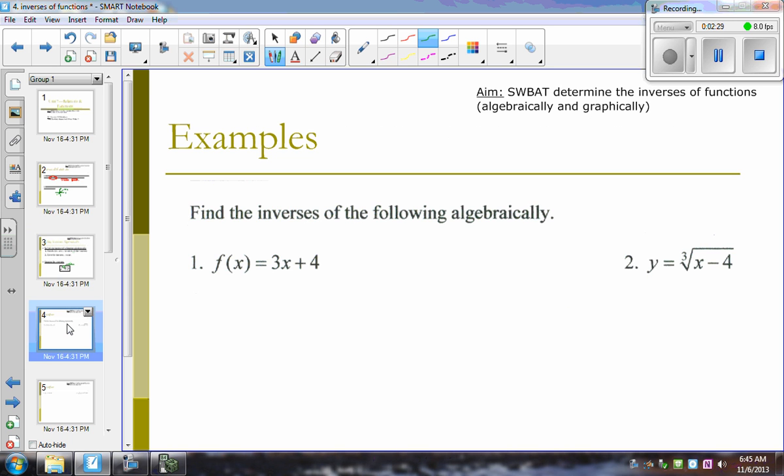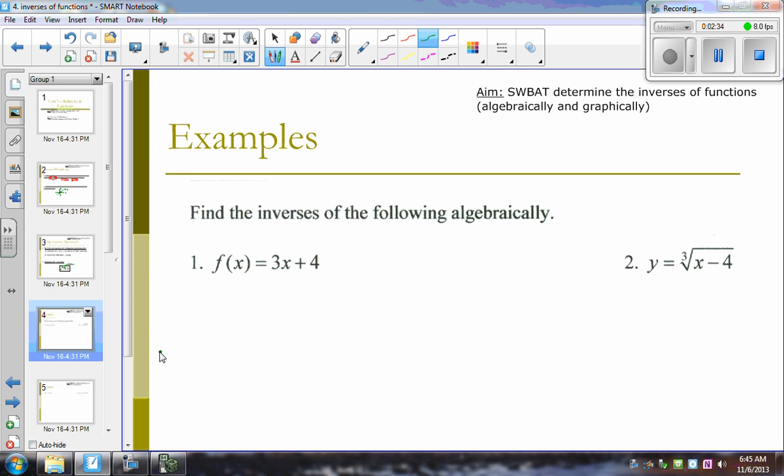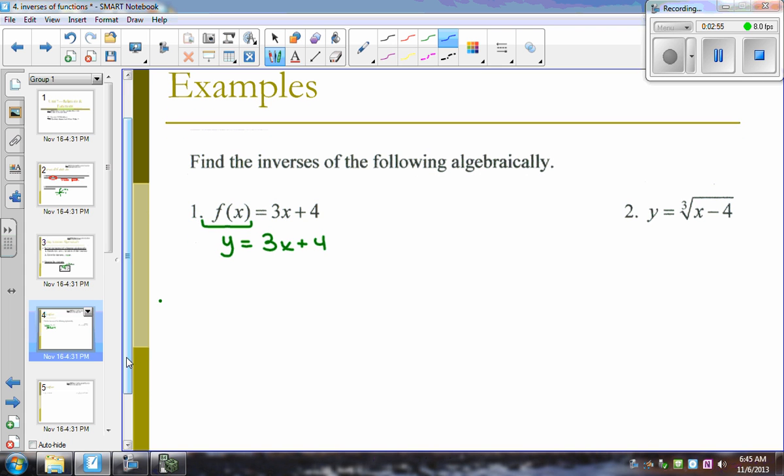So to show you a couple of examples, here's the idea. To take care of the inverse, so if we want to solve for these inverses, first thing we're going to do is anything that is in function notation, we want to rewrite as y equals. And the reason being is that we want to designate ranges as the y, as we've spoken about before. Now, to get this inverse, we're going to take this y value, this x value, and literally switch their places. So we create what looks like the following